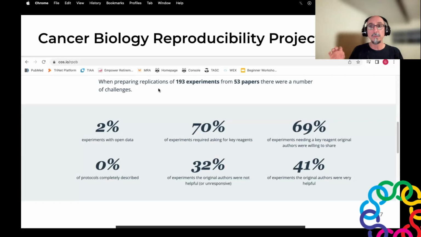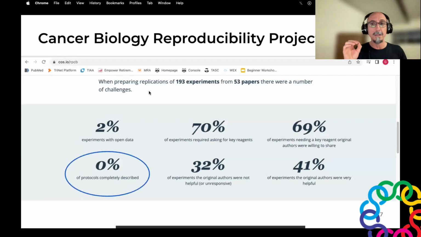What you see on the screen is the Center for Open Science website that summarizes some of the results of the Cancer Biology Reproducibility Project. As you can see, of the 193 experiments that they tried to replicate from 53 papers, 0% of the protocols were completely reported, 0%, which made it impossible to reproduce them without contacting the original authors.